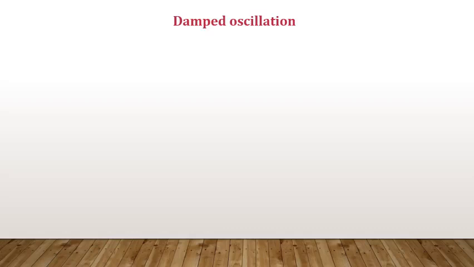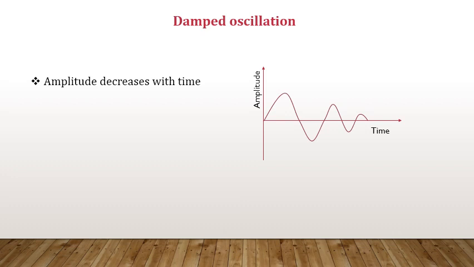We know that in reality, an oscillating system won't oscillate forever. Frictional forces will diminish the amplitude and the system comes to its rest position. Now, if we represent such a system by plotting a graph of amplitude versus time, it looks like this. From the graph, it is clear that the amplitude of oscillation decreases with time. Such oscillations are known as damped oscillations.